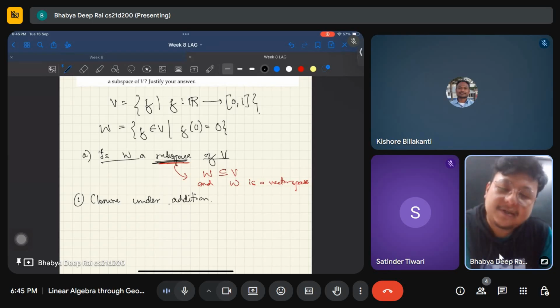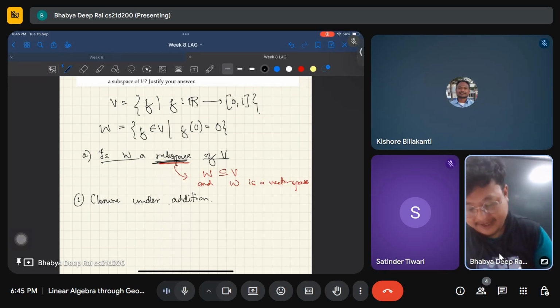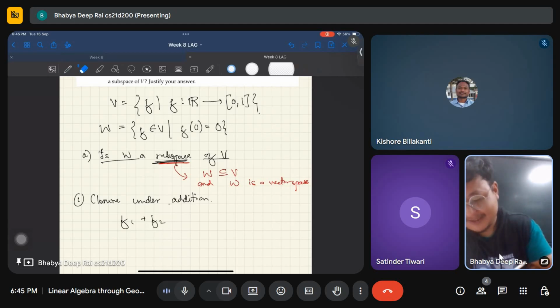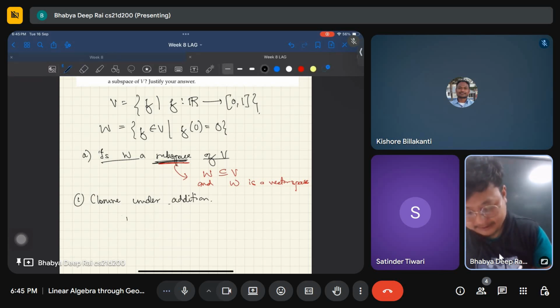Is it closed under addition? Firstly, what does it mean to add functions? If I add two functions, I need to come up with some definition of what I mean by addition. So let's say adding two functions simply means,